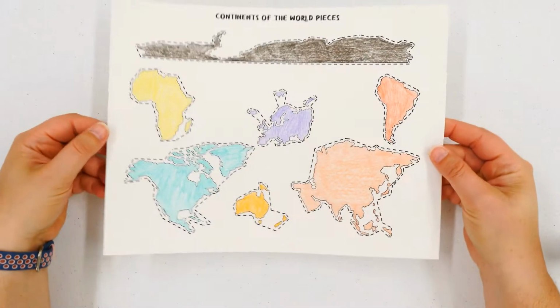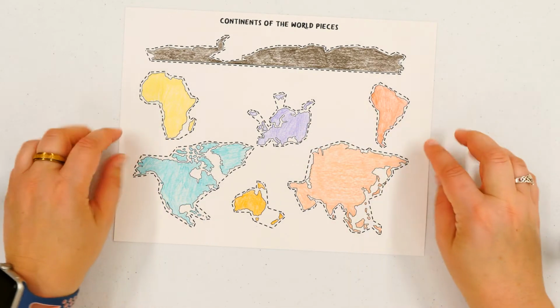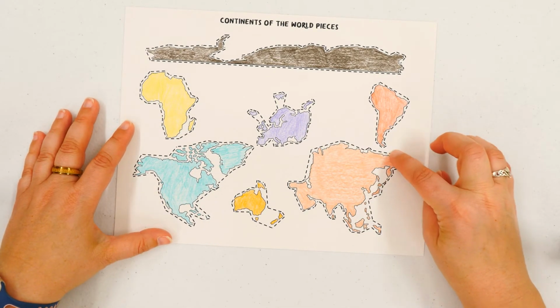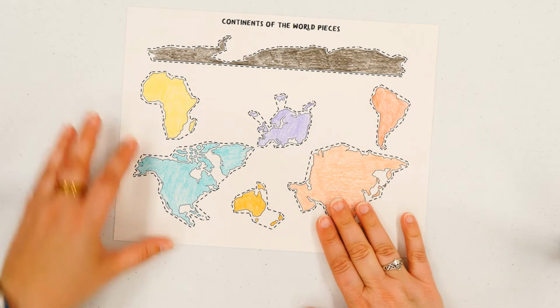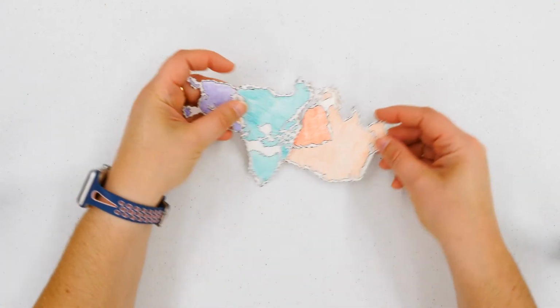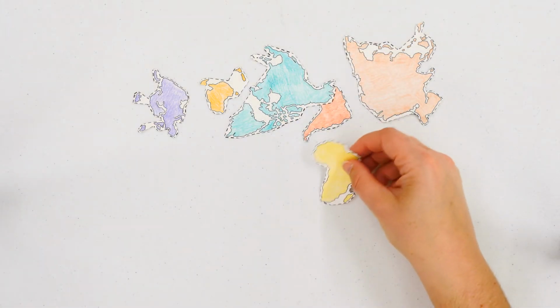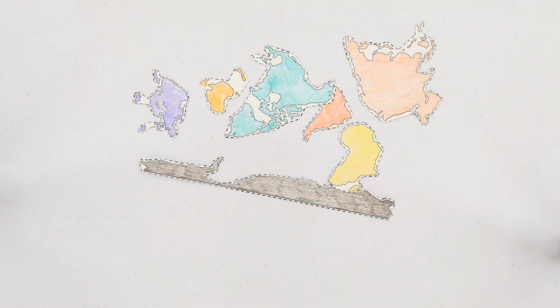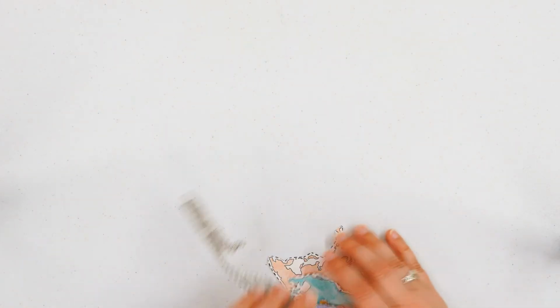We're going to work on coloring our continents pieces. You can choose any color that you would like. Then you're going to very carefully cut out along the dotted lines. So once you're done, you have your pieces. You can set your pieces aside in a safe place for now,